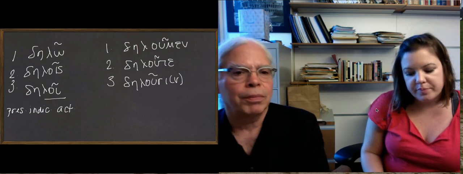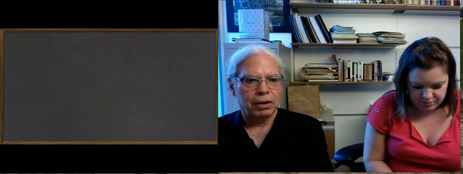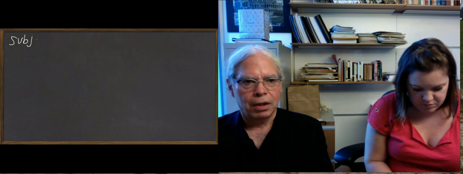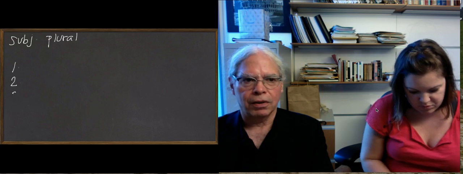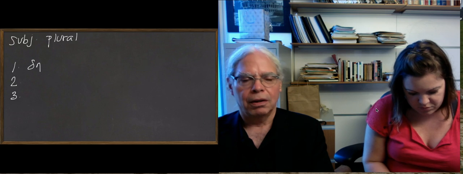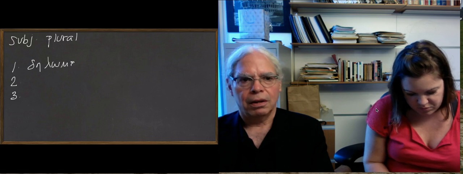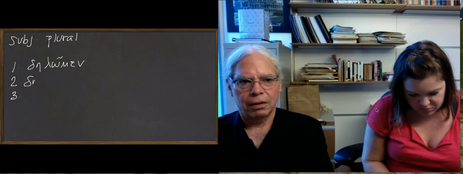You might want to write them down there. Subjunctive and indicative are the same in the singular, but in the subjunctive plural, you get a distinction. Instead of deloumen, deloute, delousi, you're going to have delomen with an omega, delote, and